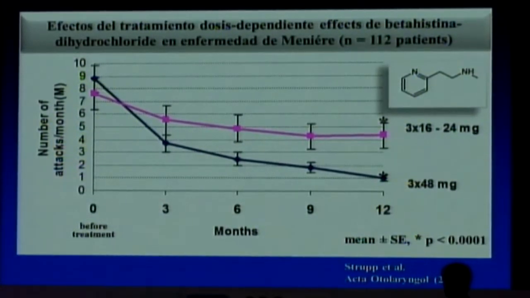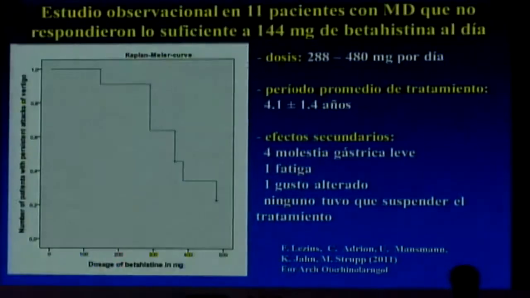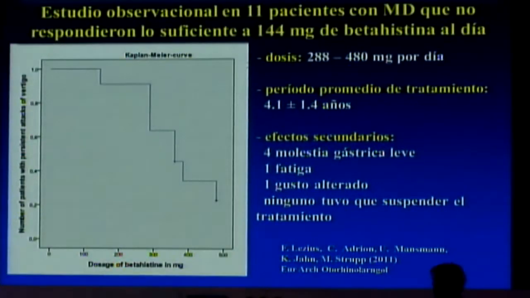There was a significant effect of the higher dosage, and another finding was the longer you treat with a higher dosage, the higher the efficacy. And several patients, however, do not properly respond on 48 milligrams TID, so some of the patients need 480 milligrams. This is a case series on 11 patients, and this is also our experience now. 48 TID is most often not enough. The majority of patients need evidently higher dosages. And now listen to this patient here,